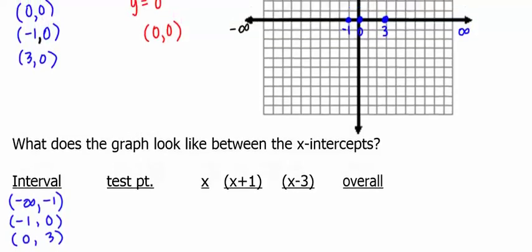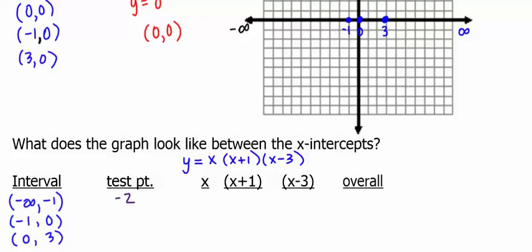Let me come back up here. Between -infinity and -1, -1 and 0, 0 and 3, 3 and infinity. Now you can see that we have y equals x times x plus 1 times x minus 3. We're going to pick a point between -infinity and -1, and we want to stay close to the x-intercept so that our numbers aren't too terribly large. So if I test -2, which definitely falls in the interval between -infinity to -1,